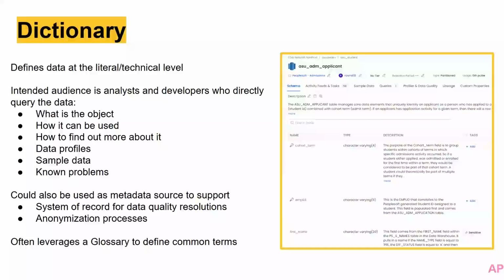Our data dictionary essentially gives us information about the object itself, how it can be used, what our descriptions are, classifications, categorizations, who owns it. And I think the biggest one is descriptions. This is giving our analysts primarily all of the insight that they need to know how to use our data at the university. Open metadata provides a platform for visibility across a multitude of data assets here. So the data dictionary has a key role in giving us a catalog of the data that exists at the university and how it can be used.